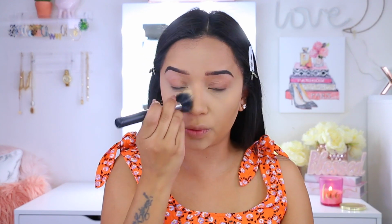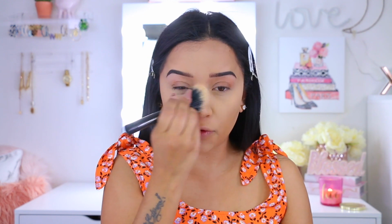Wow, okay, I really like this powder, you guys. I can see it being a little bit drying if you are more of a dry skin person, but I am oily, so for me, I could get away with baking a little bit longer than if I wasn't oily. I'm going to take one of my favorite current bronzers, the Revolution Pro Makeup